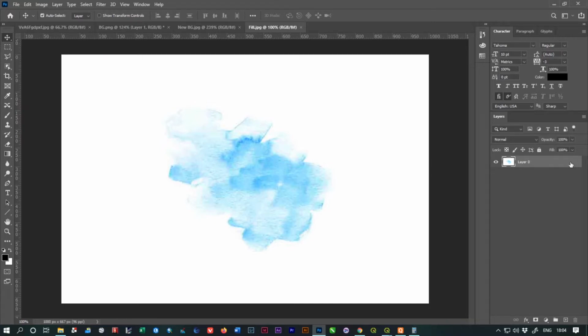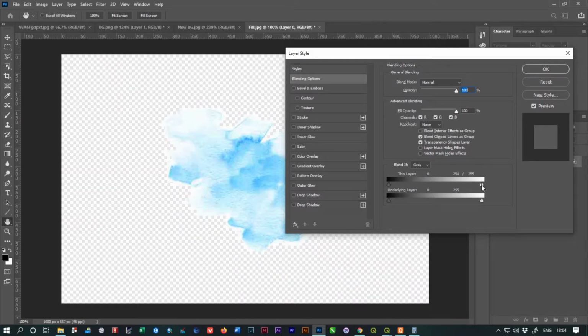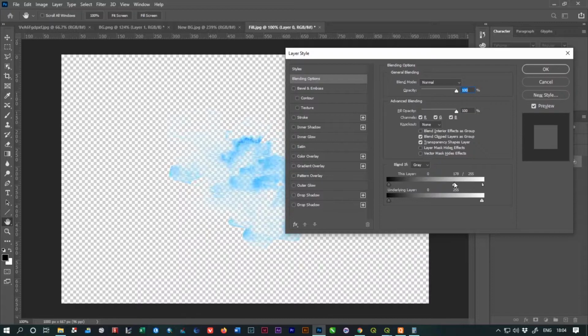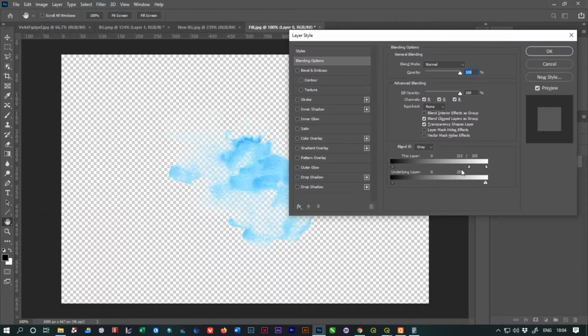Just double click over here and remove the lock icon, and then press Alt from your keyboard and click these sliders just once, and then slide the slider gradually, and see the background is removed, and slide the slider according to your image, and make sure it looks nice to your